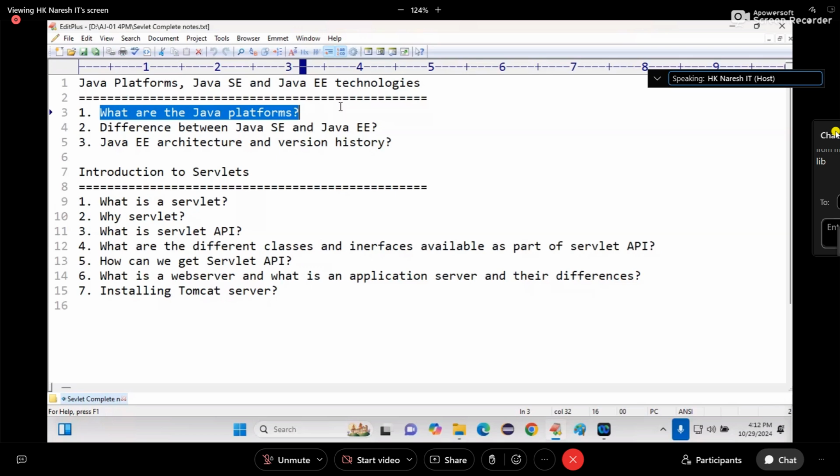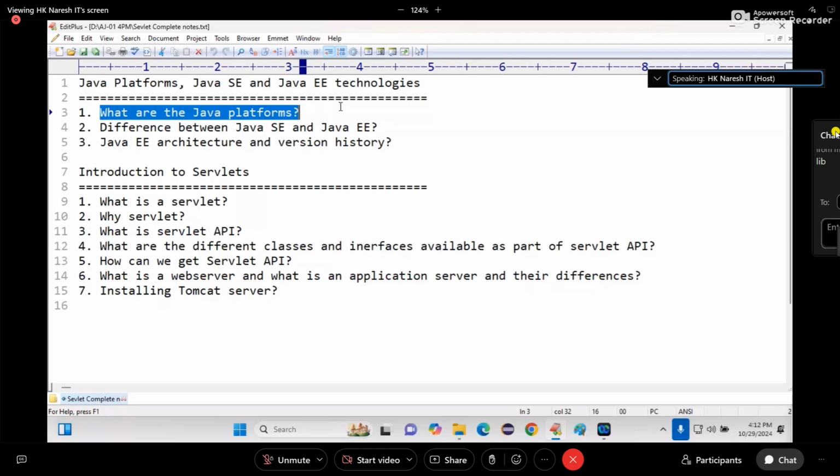Hence, JDBC is an API and it is a technology. So why is it a technology? An API or a library provided for connecting to other software or other projects is called a technology. Is it clear? Now tell me, is Java EE providing API or library? API.